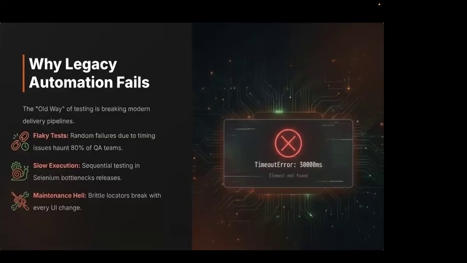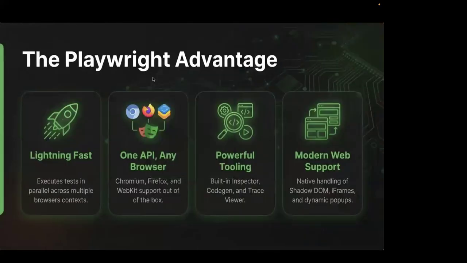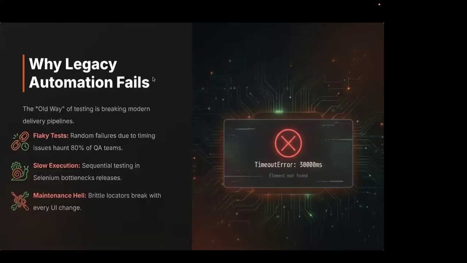So with the existing tools like Selenium, Katalon Studio, or whatever is there, being regarded as the legacy automation tool,